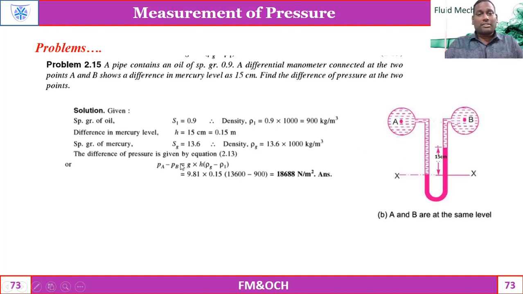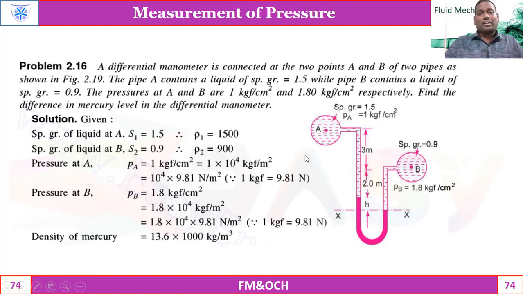As per the previous governing equation, to find PA minus PB when the pipes are at the same level, the equation is g into h into (rho g minus rho 1). So the pressure difference is 18,688 Newton per square meter. Similarly,